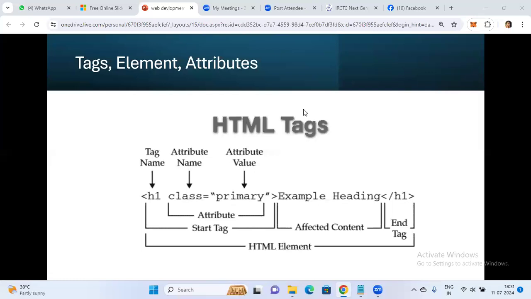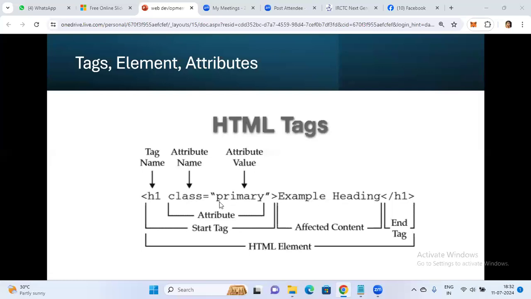So what is a variable? A variable is a container that can store all types of data. Here it is also an attribute. The attribute name is class. It can be anything. In place of class, you can write anything. A variable which can hold a value, that combination we call an attribute. So a variable has some name and some value storage.